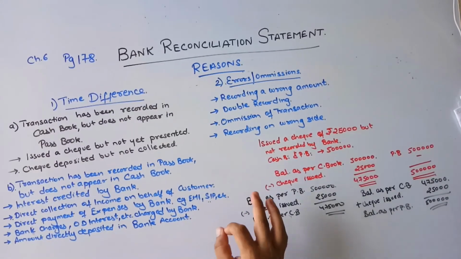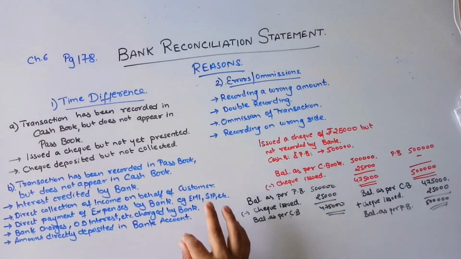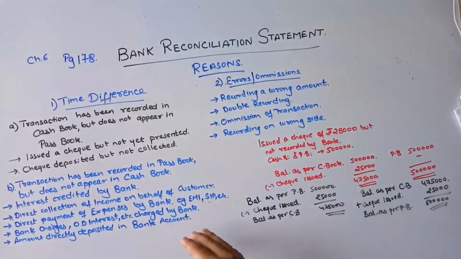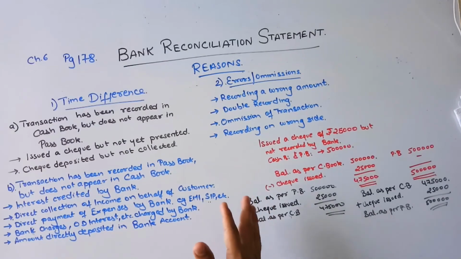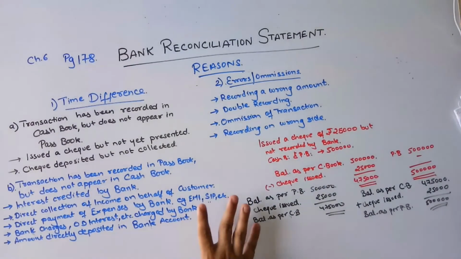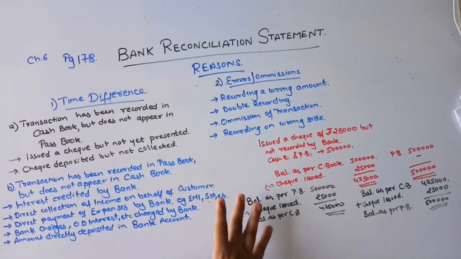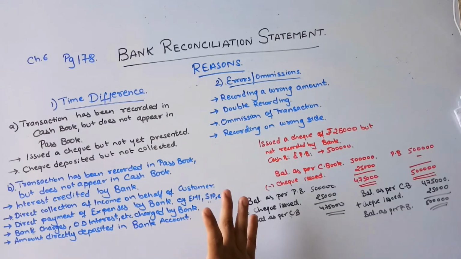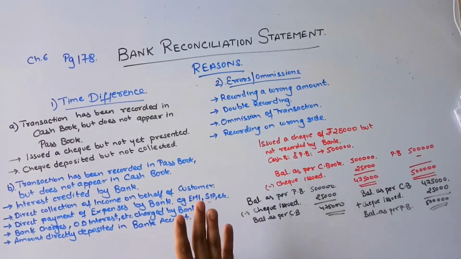Just try to understand why we are adding back, why we are subtracting that particular amount. Understand the transaction. If you all want in depth, just give me the details, we'll connect through Zoom, and I'll explain this entire chapter. It will be really very easy for you to remember this chapter for a lifetime. This is one of the very important chapters, and it is a very scoring chapter also. But marks come secondary. The primary thing for us is to understand the concept.